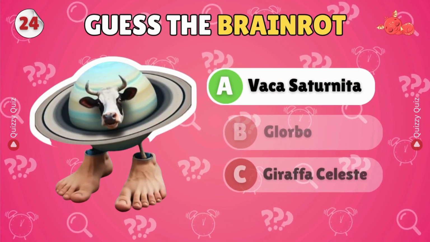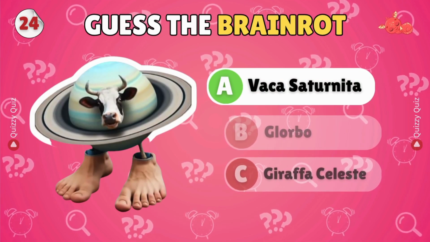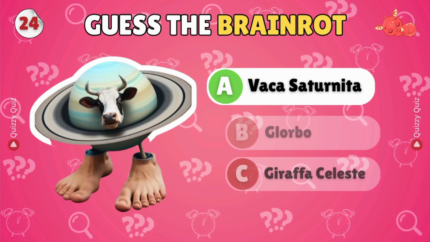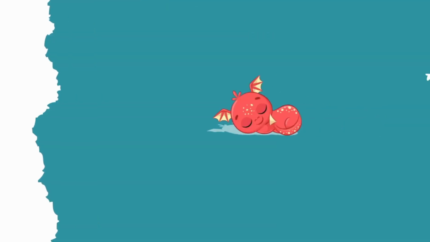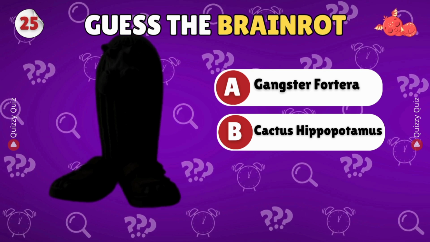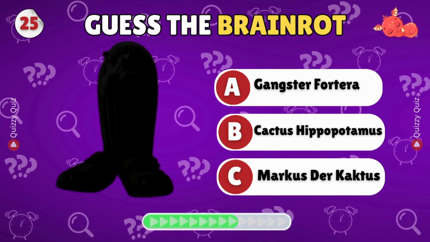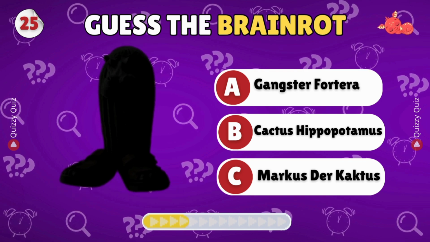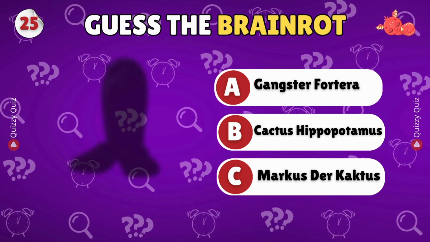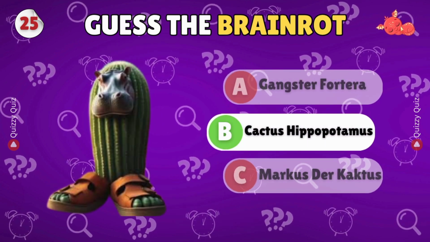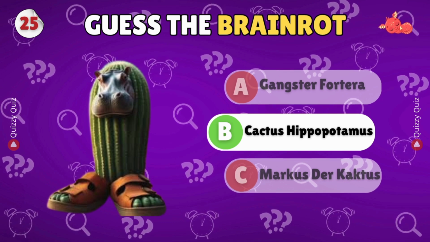It's option A. Lavaca Saturno Saturnita. Can you identify this brainrot? Yes, it's option B. Licacto Hippotomo.